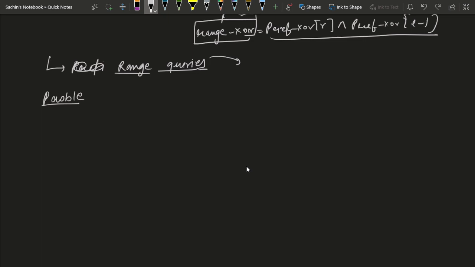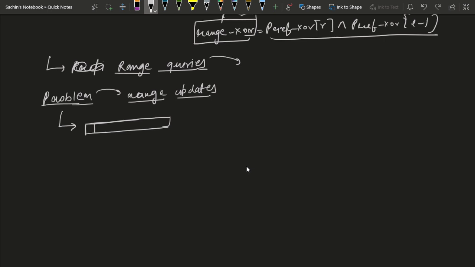Okay, so now what do we mean by range updates? So for that, understand the use case. Let us discuss this use case. We are given an array, and in this array we have some elements, and the size of the array is n. Now suppose you are given q queries. These queries are the problems, these are the updates,